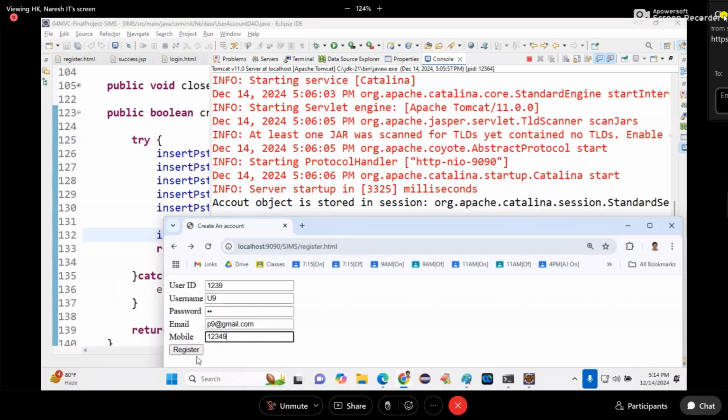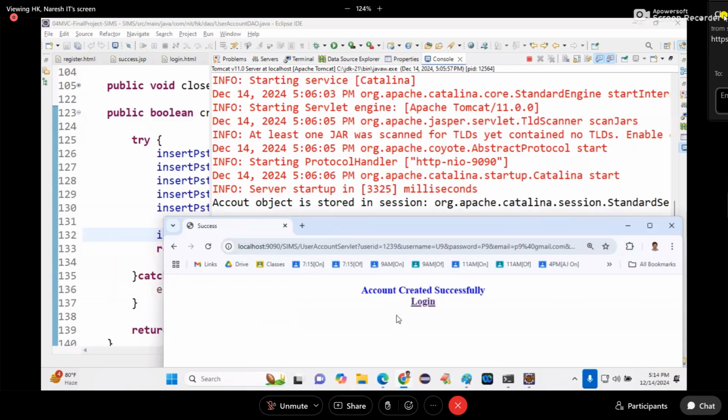What happened? New session created? No. Look, the message has not come. Understand? Because I have the entire flow of execution of the servlet in my brain. That's why I'm able to write the project perfectly. Now open